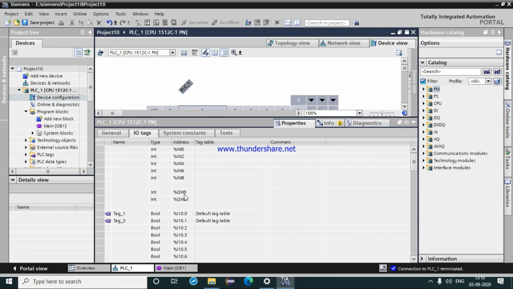These are our digital inputs and outputs. So IW0, IW2, IW4, IW6 and IW8 are the analog inputs. QW0 and QW2 will be our analog outputs. So the first tagging that we will be using is IW0 and QW0.